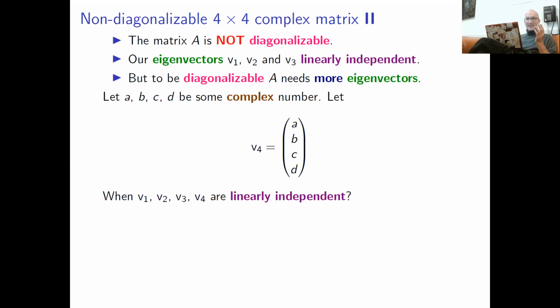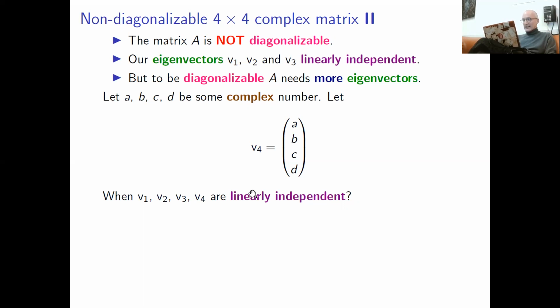So I took this vector v4, put some a, b, c, d, some numbers. I'll find them later, and I want to use this basis v1, v2, v3, v4 to form this matrix M and to run the diagonalization process. Even if I know that I'm not going to succeed, I'm not going to diagonalize my matrix. Okay, maybe it's a good attempt, but first I need to check that they're linearly independent, because otherwise, of course, my matrix M composed of these vectors v1, v2, v3, v4 is not going to have an inverse.